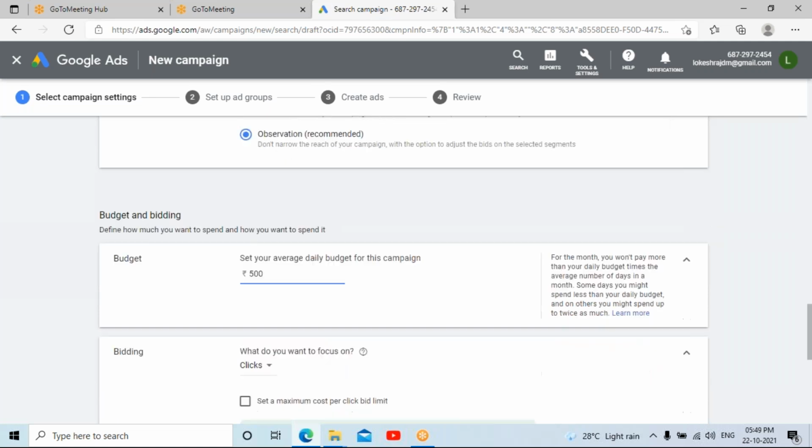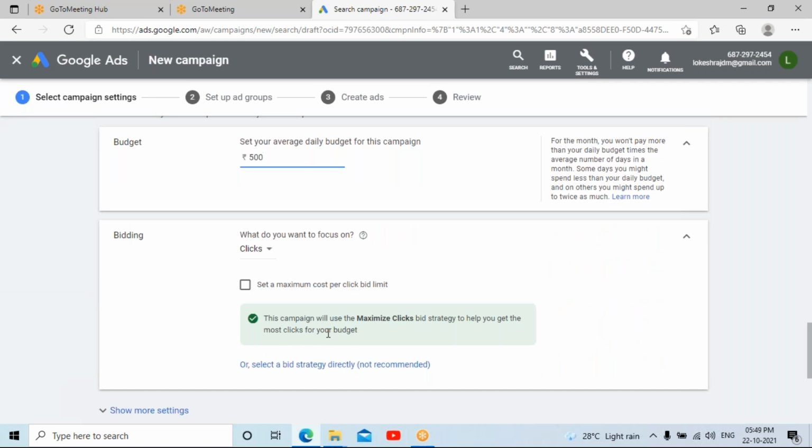The next thing is bidding. If you are paying 500 rupees, how does Google charge the amount? It is based on certain bidding types or strategies. I think I explained yesterday 5 types of bidding strategies, which were CPC, that is cost per click. The next is cost per impression, that is CPM, where you are charged per 1,000 times it is shown on the Google search engine.